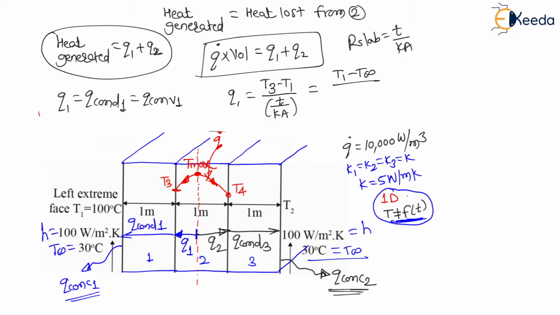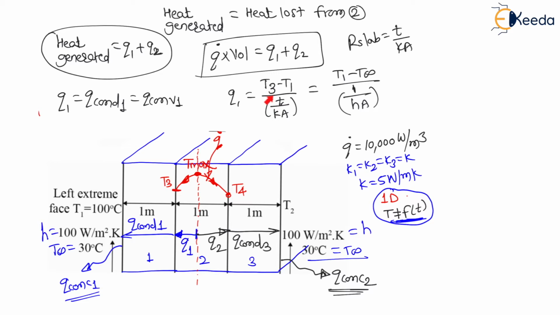And my dear students, what is convection resistance? We know that the convection resistance is 1 upon HA. It should be the convection resistance between here, H and area, right, for the left side. This is how we can find Q1. Therefore, look at the values here. Q1 is unknown, but T1 is known, T infinity is known, H is known, area we can calculate, right? So, my dear students, if I equate them, I can calculate T3.